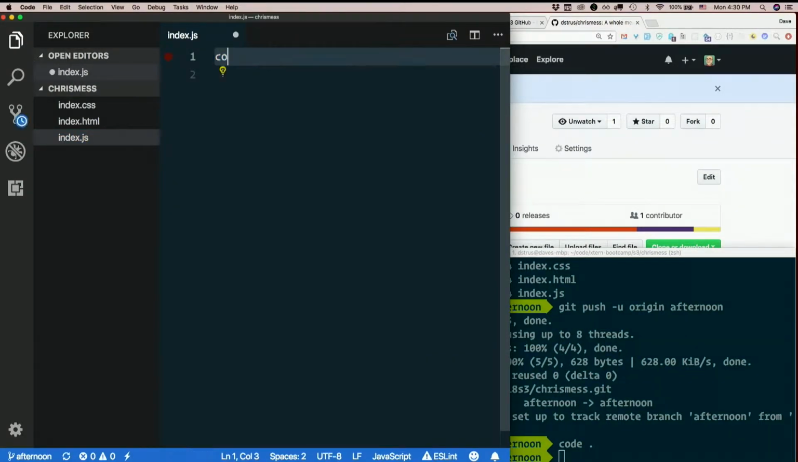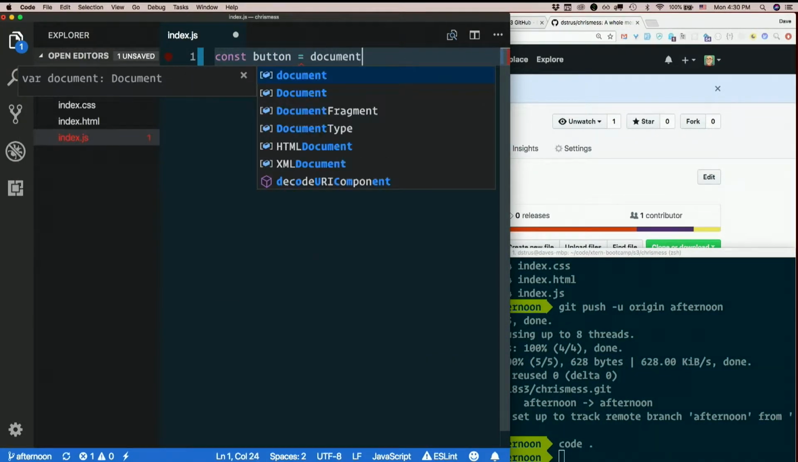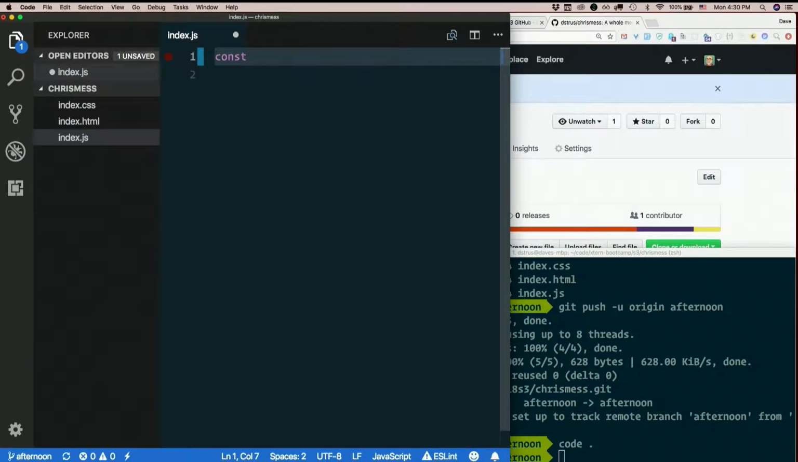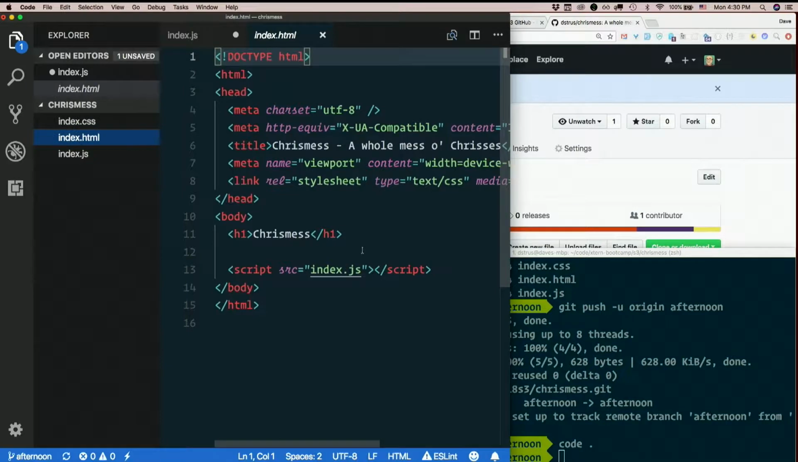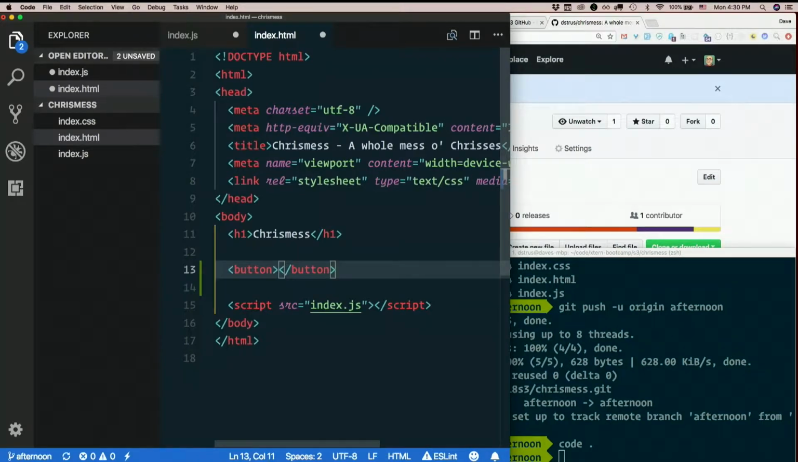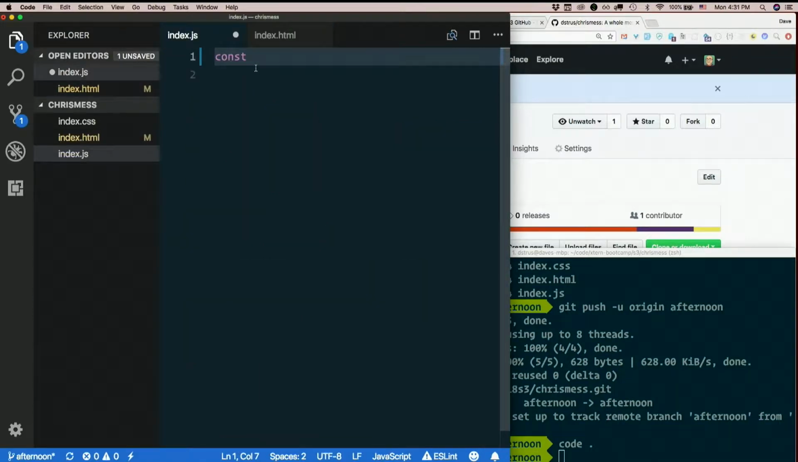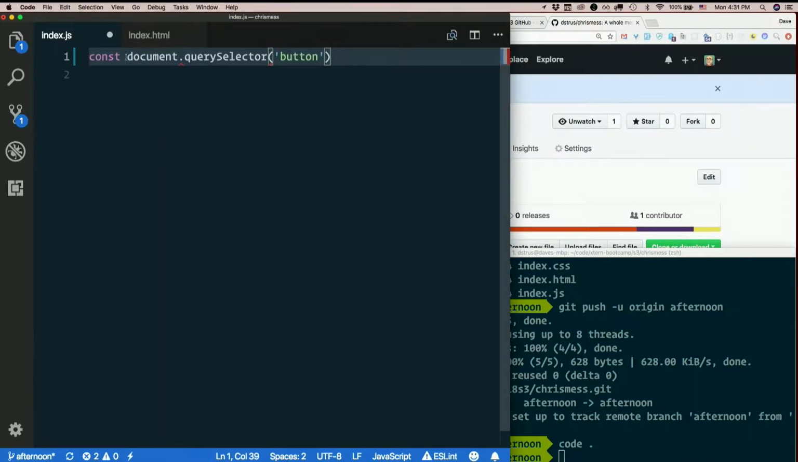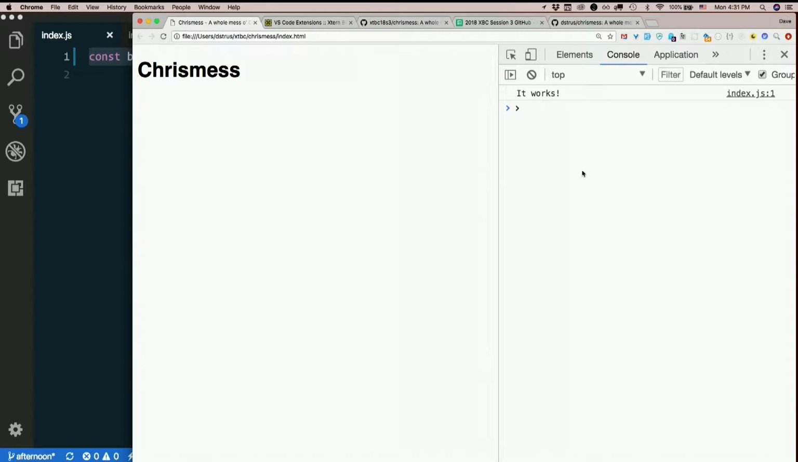We can even do stuff like const button equals document dot... well, we don't have a button yet, right? But we could do something like, let's put one. Okay, let's put a button here. Button, update heading. And we could say document.querySelector button. We know we can do that kind of thing, right? Button equals. Then if that works and I refresh the page, I should be able to type button in the console. And how about I refresh the page